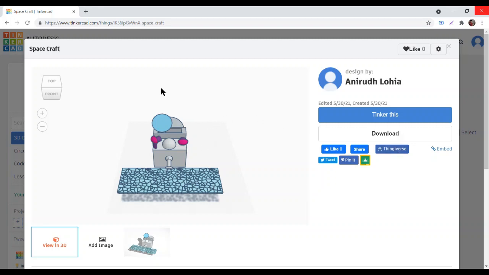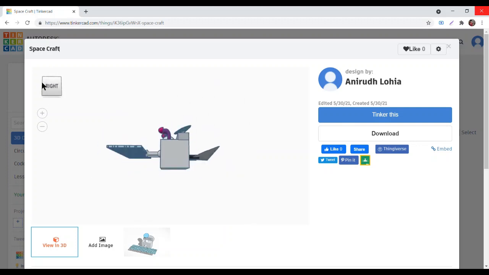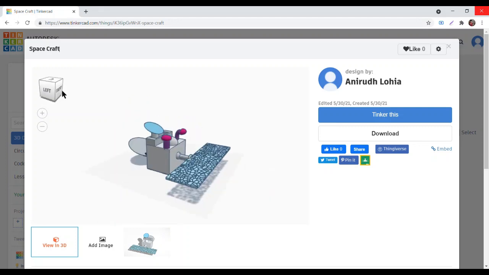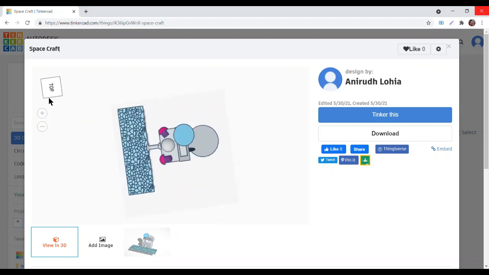Now it's loaded, and as you can see, there are so many shape views. You can view this in bottom view, right view, and so on. Whenever we create something in Tinkercad, we need to make sure that it's looking perfect from all the directions.